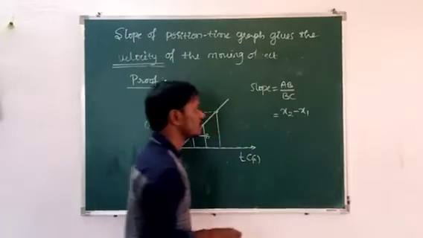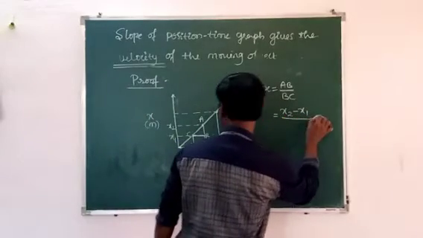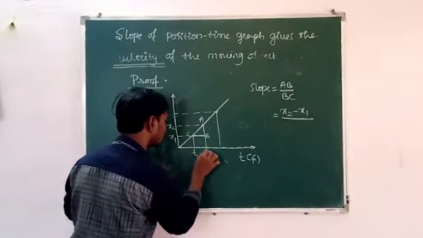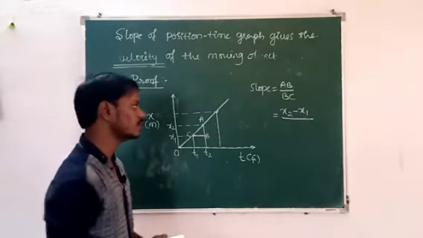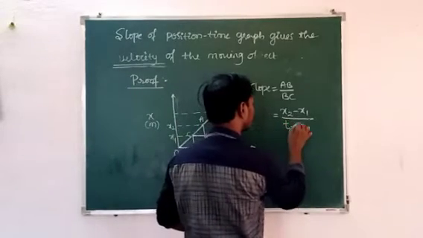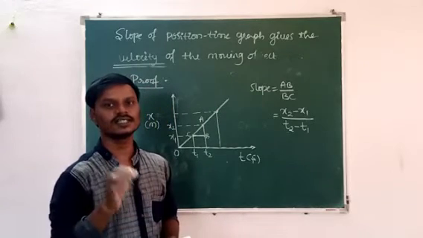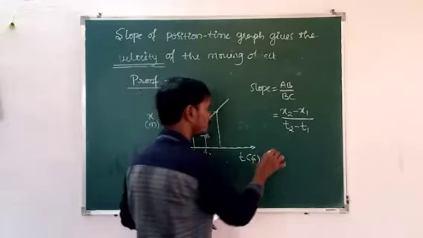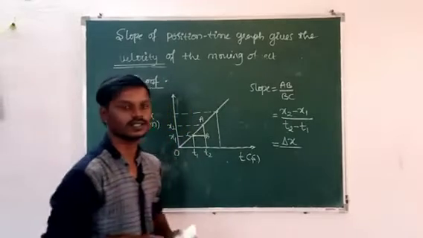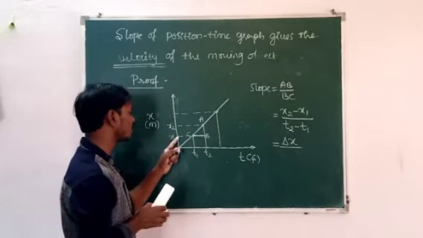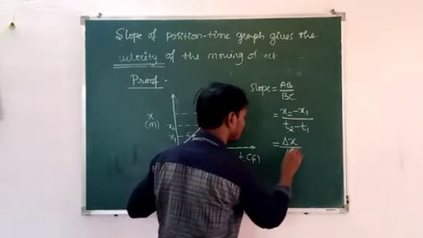What is the displacement of the object from x1 to x2? That is x2 minus x1, divided by, then I will take here the time t1 and t2. Then it is the origin. At the origin, time and position both are taken as 0. Then it is t2 minus t1. Then what is x2 minus x1? That is a displacement. That displacement can be written as delta x. Delta x is nothing but change in position. Here the change in position from where to where? x1 to x2 in the time interval t1 to t2. Then it is delta t.